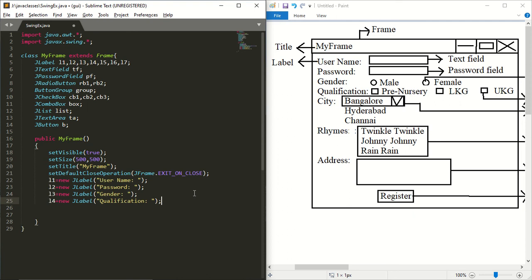Next, what is the fifth label? The fifth label is city. Next, what is the sixth label? It is rhymes.